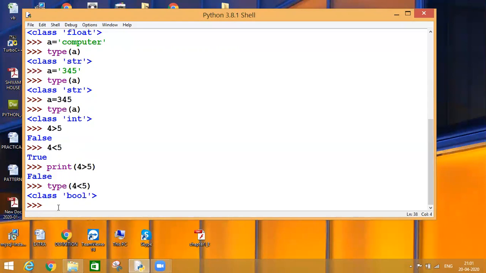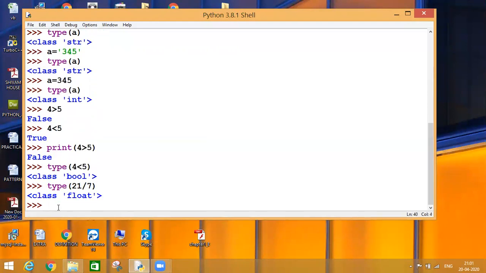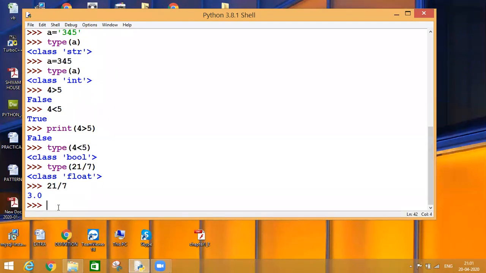Same example I can give you over here. Type of 21 divided by 7. Now let's see what is the result. This is a type of float, because I'll get the result as 3.0. Although it is completely divisible, my single division operator gives a floating number.